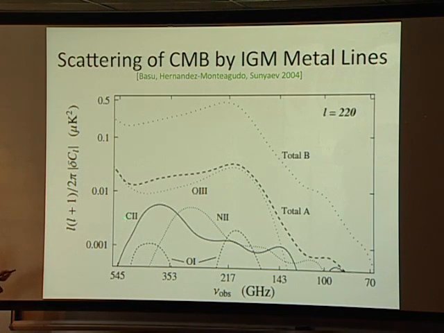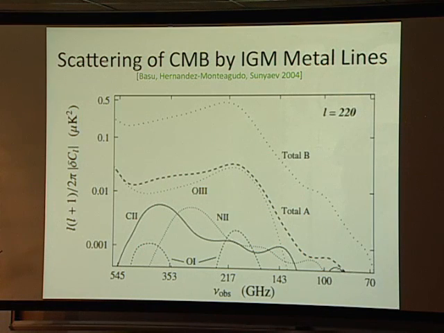You can see here at the low frequencies, you're looking for scattering features that have not redshifted down to that frequency yet. Right? This is for a given species, say carbon-2 here. This is low redshift. This is high redshift. In some cases, some of these, the oxygen-3, the nitrogen-2, have multiple lines. So you're actually seeing here the superposition of two different features. And of course, the only thing that would be measurable is the total.